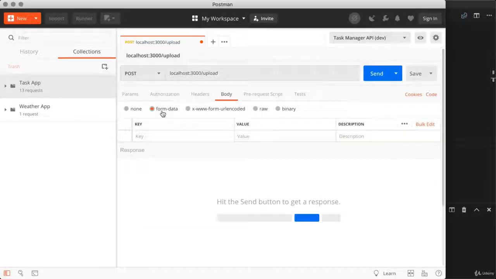This is where we can specify the binary data for a file, whether it's an image or something else, that we want to upload to the server. Now, right here, we are greeted with a series of key value pairs. We could have one or we could have multiple, and this is where we provide the content we want to